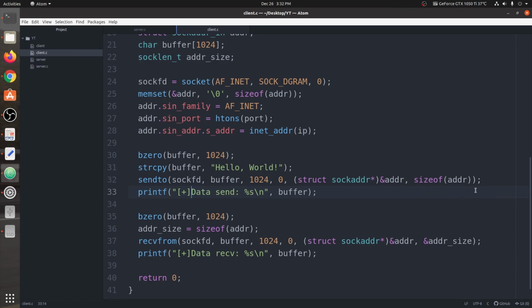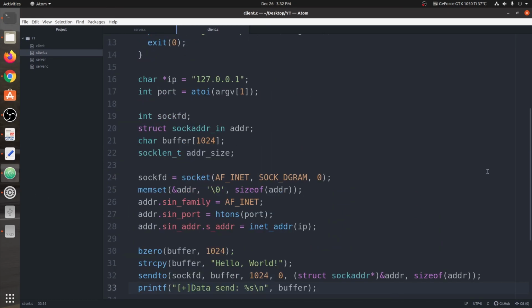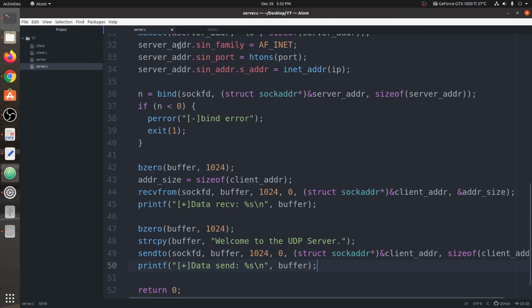Okay, so some examples of a UDP system that I'm remembering now is DNS. Okay, we also have file transfer systems based on UDP because they are really fast. They don't need a connection. Okay, so I hope you all get the core concept of how to build a UDP client server program using the C programming language.